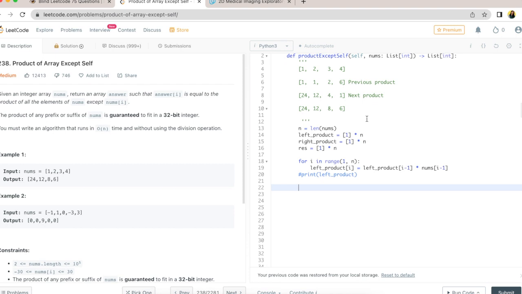Okay, so to get the right product, what we're going to do is iterate the list backwards. So I will say for i in range, and we're going to go n minus 2 here, because what we want to do is iterate from one position before, because we know that the right product of 4 is 1 already, so we can just leave that 1 there, the -1 and -1. And what we want to do is say right product